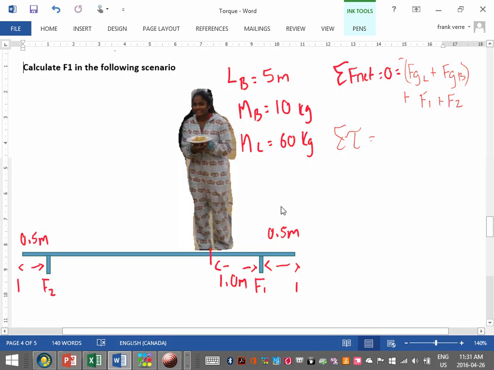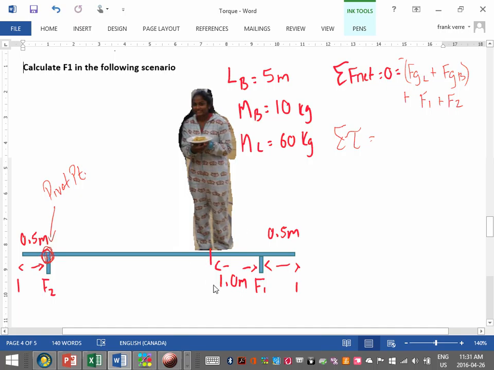Now, when we do a torque scenario, you have to pick a pivot point, okay? So let's say we pick this as my pivot point. Okay, so here it is. So that's the pivot point. The good thing about doing that is you eliminate F2 in this scenario with the net torque, because if F2 is at the pivot point, what's this torque? It's 0 because R is 0, right? So then if we're looking at torque,